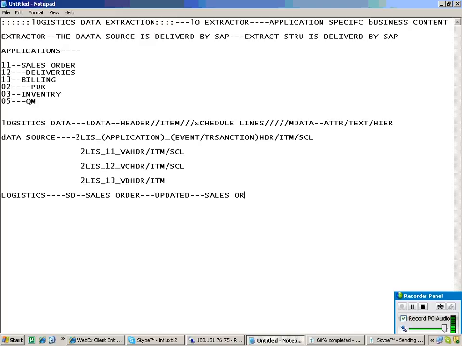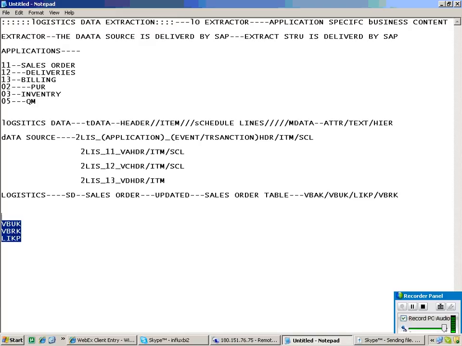Standard tables for the sales order, like VBAK, VBUK, LIKP, VBRK. Whenever there is some event or transaction related to any application, the data is updated to the concerned standard tables like VBUK, VBRK, LIKP.